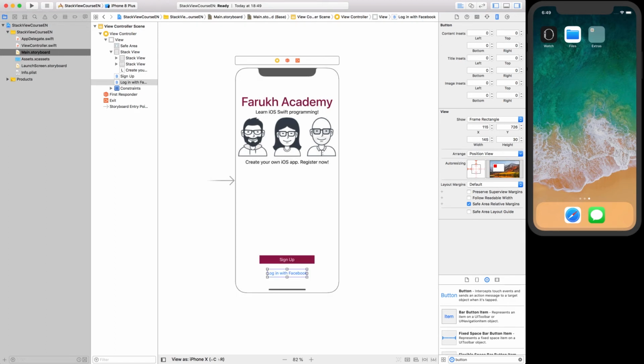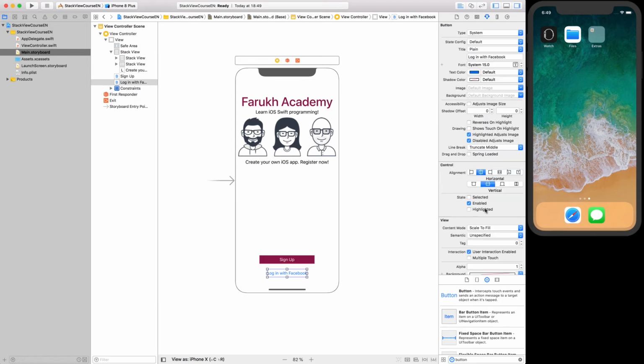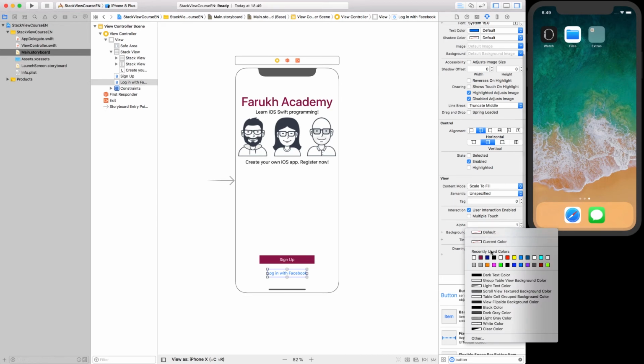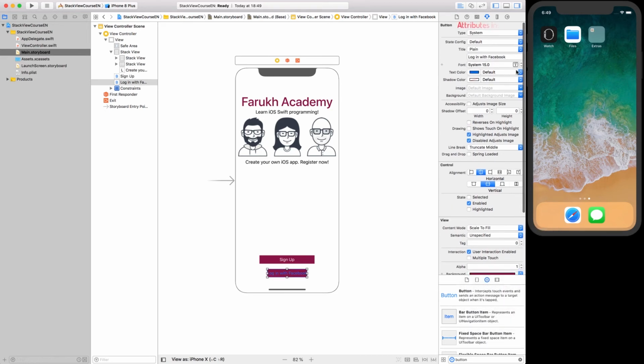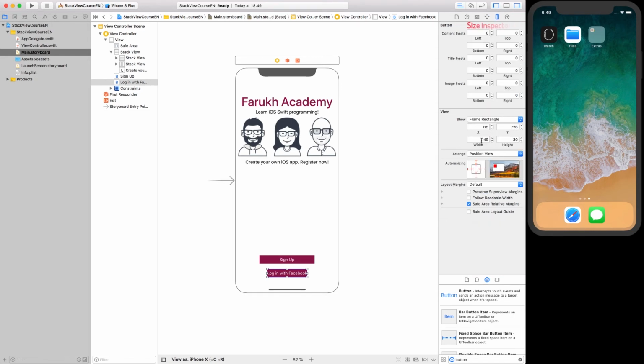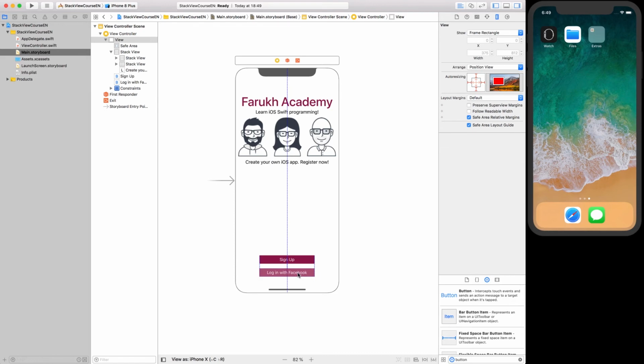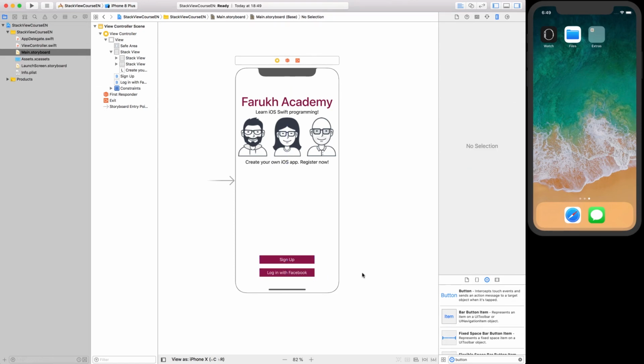In the Attributes Inspector, change its background color to burgundy and the text color to white, and set the width to 200. Again, you don't need to set the layout constraints for these buttons, just let the stack view do the magic